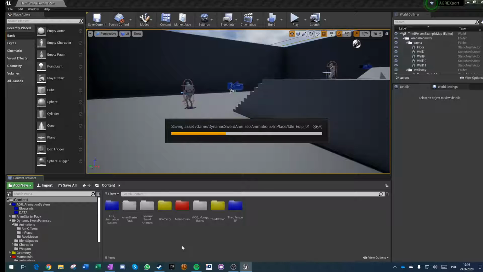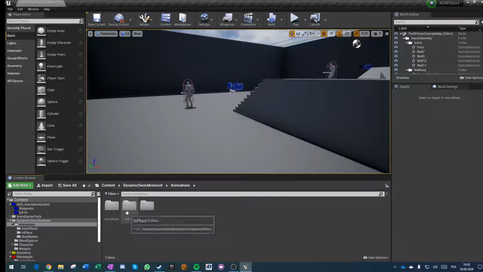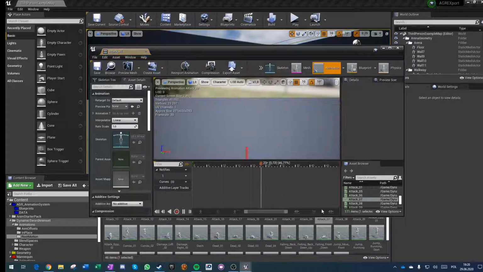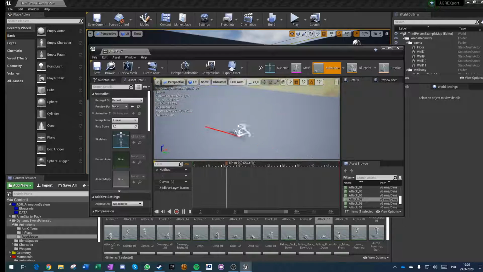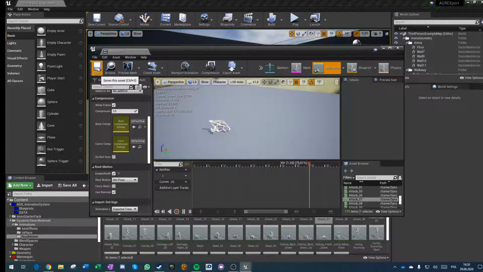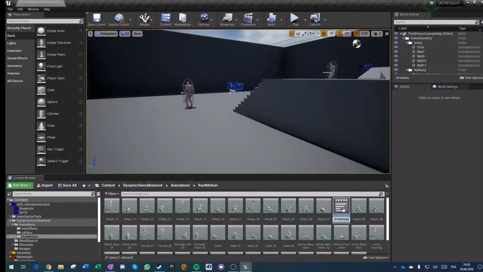And because those two skeletons are exactly the same skeleton, they will just reparent instead of retargeting, and we won't have duplicates of animations in our pack. They will run on the same skeleton. Okay, and now let's go to animations, root motion animation, and there is one animation that is a charge attack, and I think it's this one. Yeah, it's this one. And we'll set root motion, save it, this attack 07, create a montage,